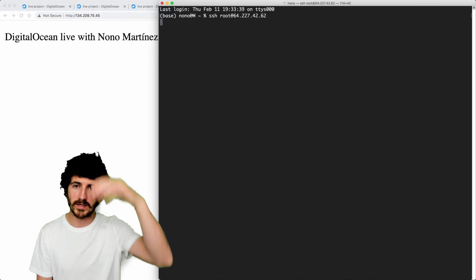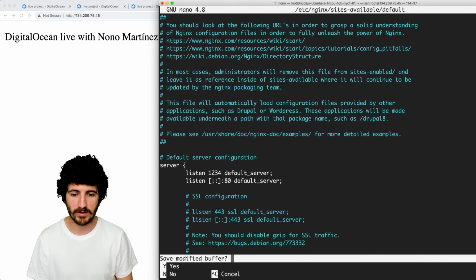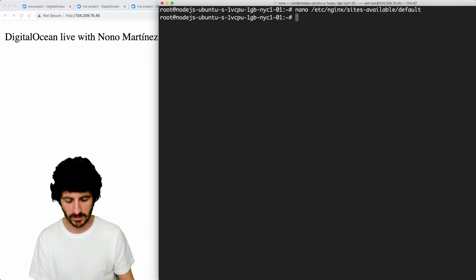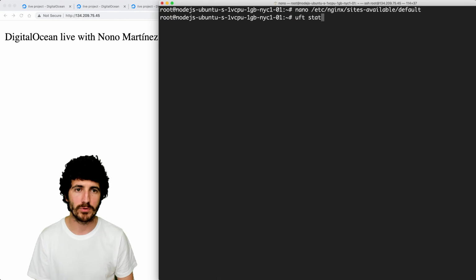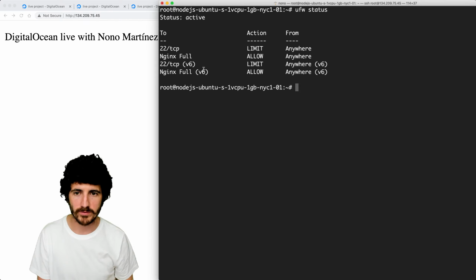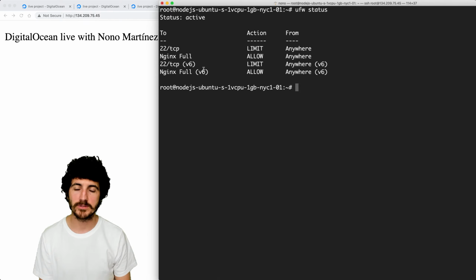That port won't be open to the public, like port 80, and we won't be able to access it. But you could change it there and then open the port. So if we do UFW status, you can see that only Nginx full is allowed. So only port 80 is going to be accessible from outside. All right. So Nginx full.